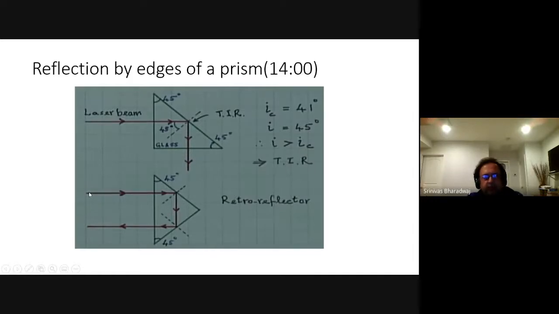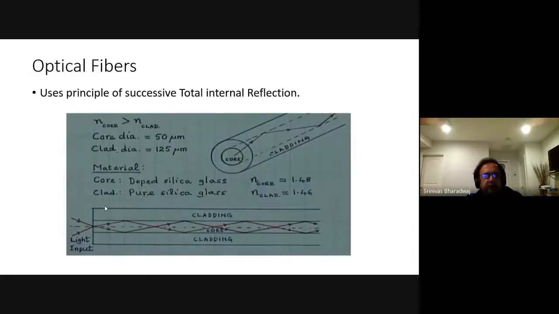And so when you have two such reflections, the light that goes in, and you have this 45 degrees. Why 45 degrees? Then parallel light will come completely back, almost as though it's a retroreflector. Retro reflection is when this line is at 45 degrees. This is a 90 degrees, 45 degrees, 45 degrees. So parallel light comes, hits it, and then it returns back. So that is a retroreflector case.